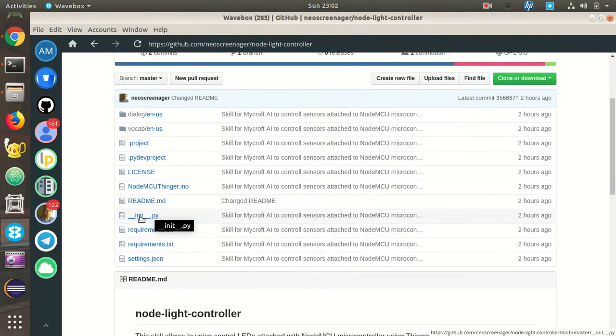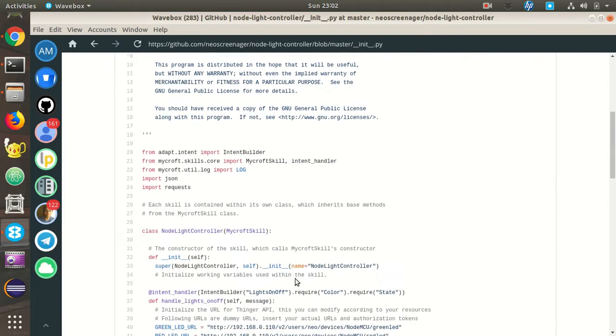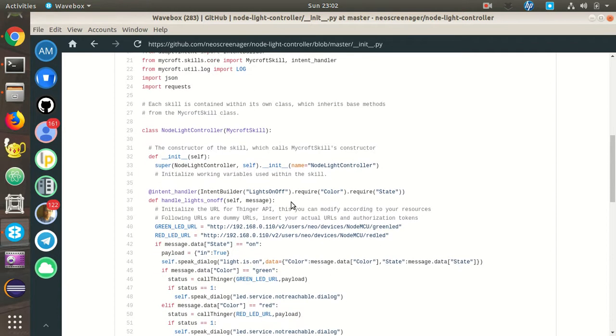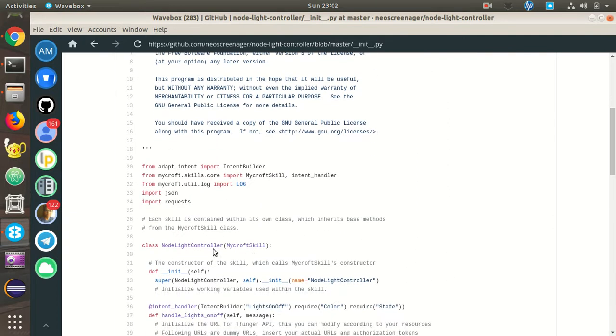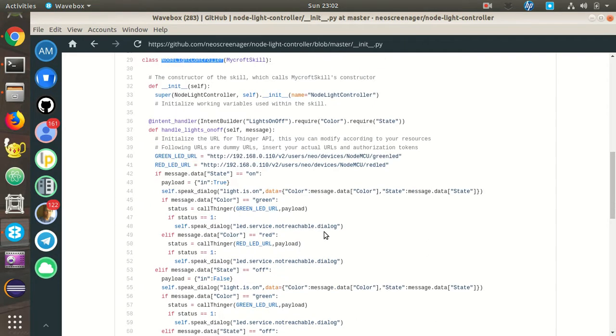This file. So now what is basically happening is, suppose I say turn red light on, so it will identify; the Mycroft core has the code to identify this from my voice. Once it is identified, the control will be passed to this controller class. This basically is the controller class. This will identify my intent, what I'm trying to say, and according to that intent it will call any of the methods which I have written here. So one of the methods which I have written here will handle the on and off of the LED,